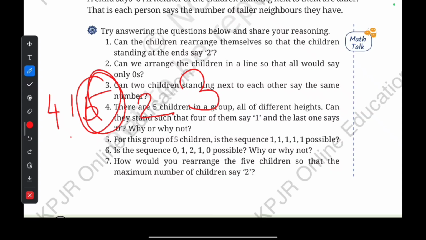So how your diagram will represent: one tall person, one short person, one tall person, a medium-sized person, then one tall person. So this 2 will represent the value 2 because on both sides you have taller persons. Understood? So you can write the arrangement as 4, 1, 5, 2, 3 as per the diagram. Okay, child representation. Any doubt till this? Will you write very neatly and send me?